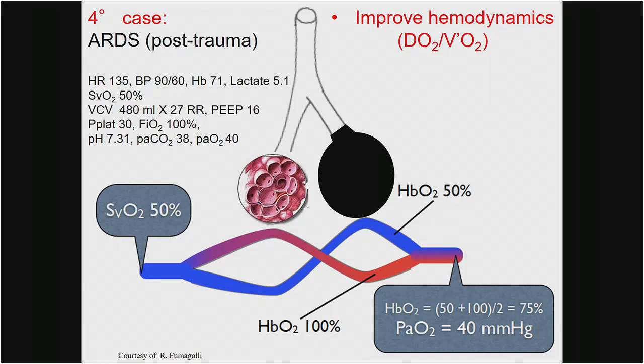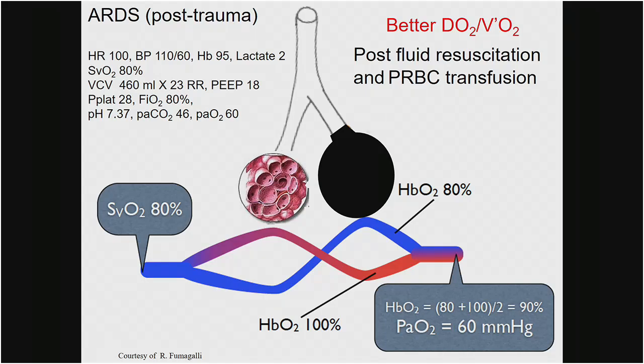And so if we mathematically calculate 50 plus 100 divided by 2, the patient's oxygen saturation will be 75%. So one smart way to correct this hypoxemic condition is actually to increase SVO2. So if we go to the next slide,